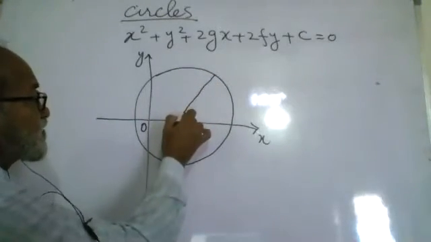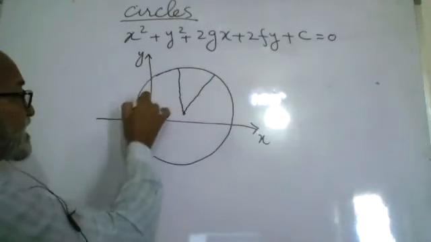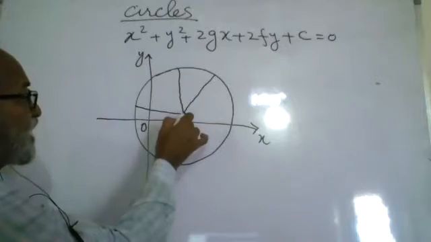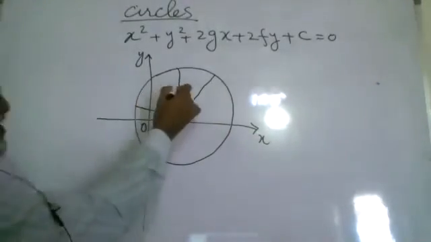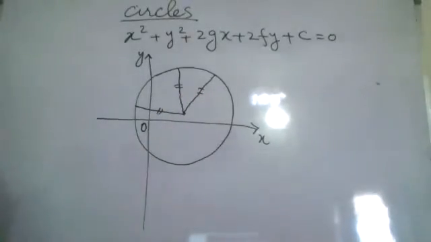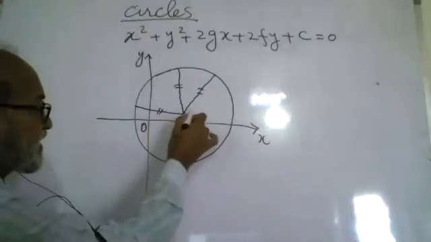This is the distance from this point. Then the point is moving from here, then this distance from the fixed point. Then the point is coming over there. The distance from this point will be the same. This distance, this distance, this distance, all distances are equal. So the locus of all the points which are equidistant from a fixed point is called a circle. This is the fixed point. That fixed point is called center.